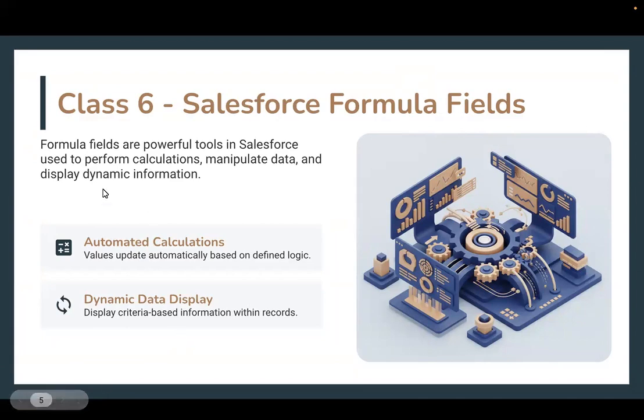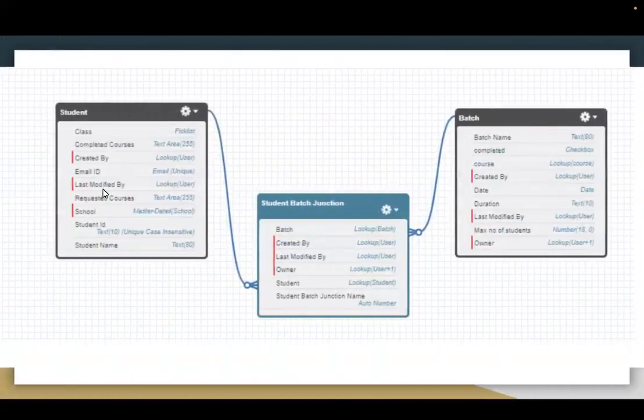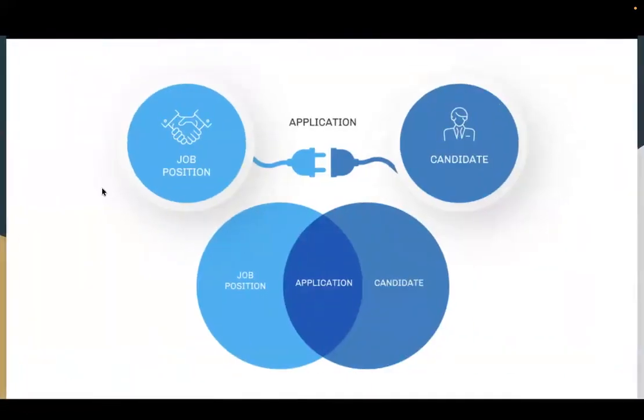So, in the last class, we have seen what is a junction object, which we are going to use to maintain or create the many-to-many relationship in Salesforce. Whatever existing relationship fields we have, like lookup relationship and master-detail relationship, those are one-to-many or many-to-one relationships. Like one account can have multiple contacts, or one course can have multiple student enrollments, but